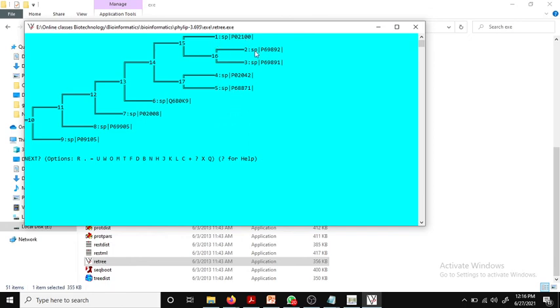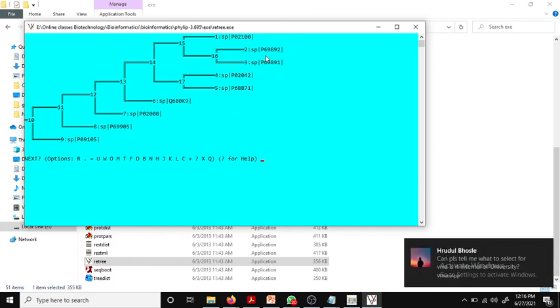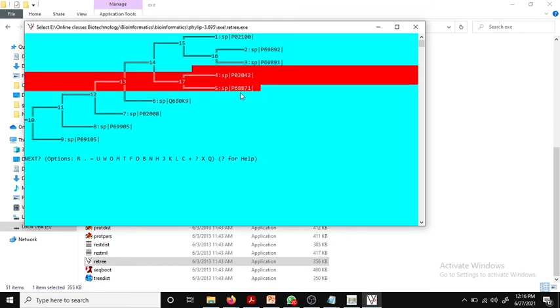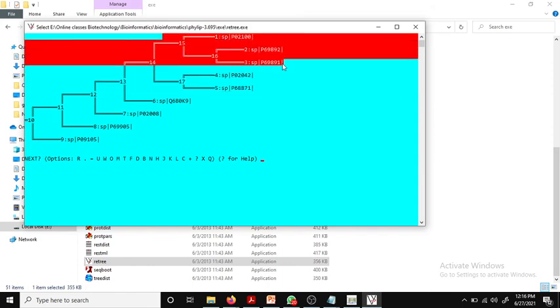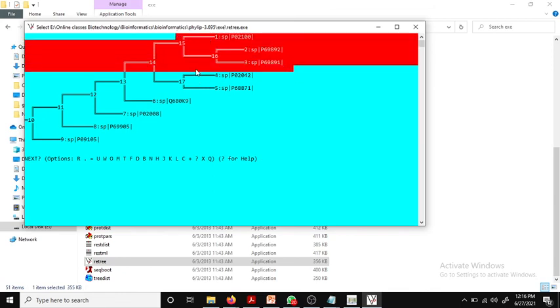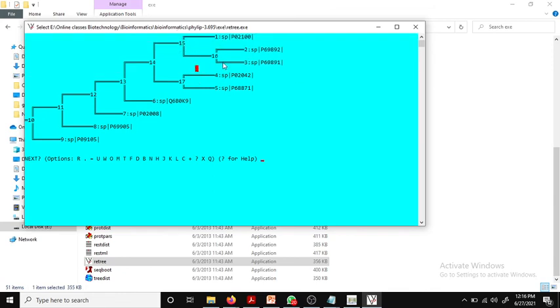So these are the names or the coding, the UniProt IDs of these segments, right? You can see the distance, which segments are more closely related. 2 and 3 are more closely related, 4 and 5 are more closely related, right? So this is what we call a clade. Can you see, from 15 to 16, this is a separate clade. 17, 4 and 5 are a different clade.